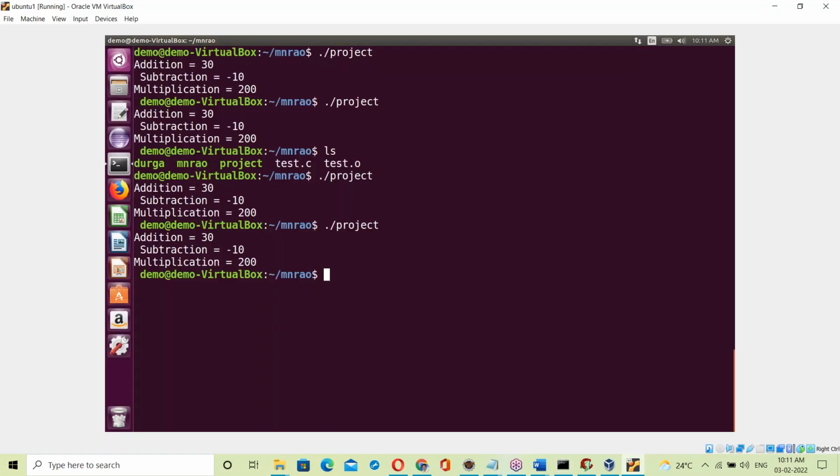When it comes to programming, if I want to modify, first of all I should modify the source code, for example test.c. After modification, I have to rebuild, meaning recompilation and regeneration of the exe file. Once you get the exe, that exe file cannot be modified. So you have to follow all these steps. It cannot be modified directly.